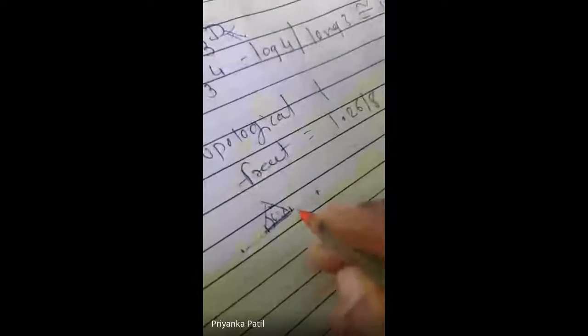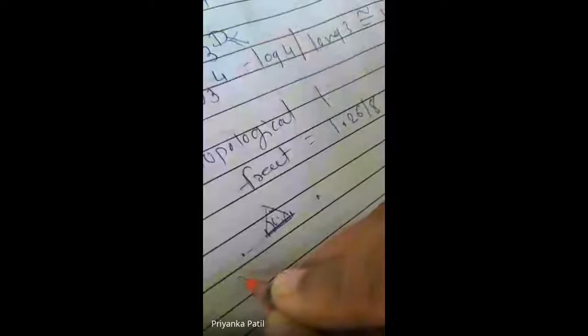For example, we have two coordinates p1 and p2, p1 having x1 y1, p2 having x2 y2. So if you want to find out the middle part of that line segment, we need to find x2 minus x1 divided by 3, y2 minus y1 divided by 3. So we get the new x and new y. With the help of this we can get the middle value of that line segment.